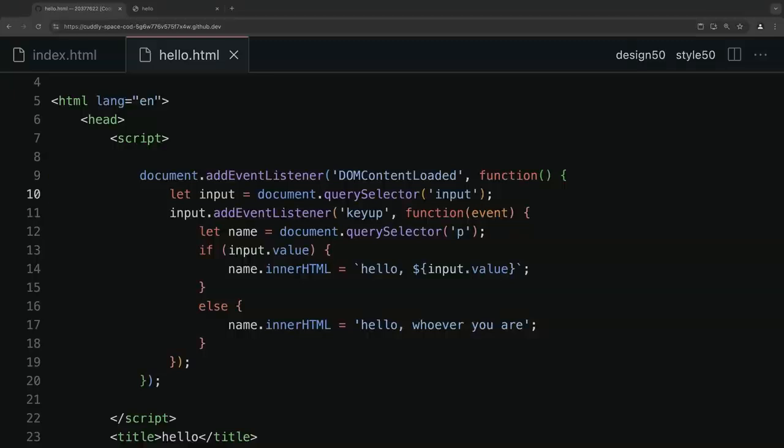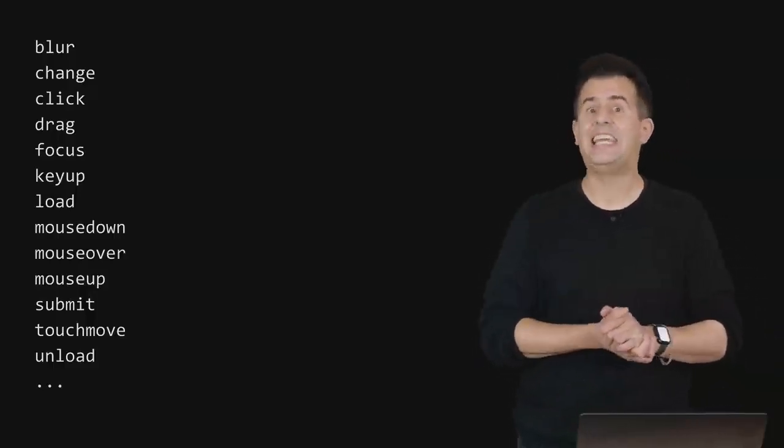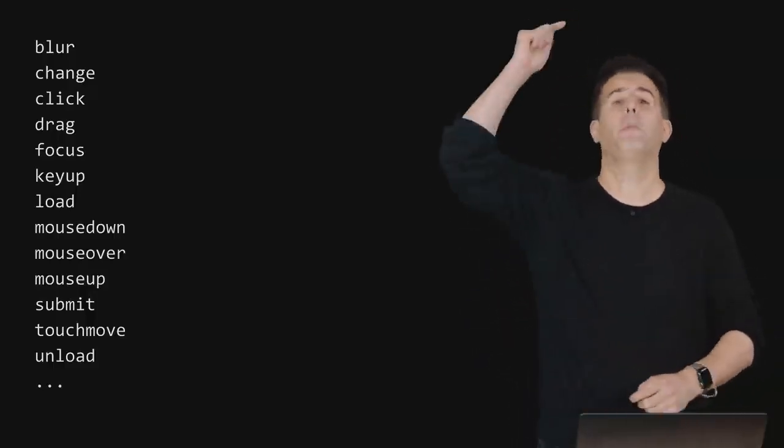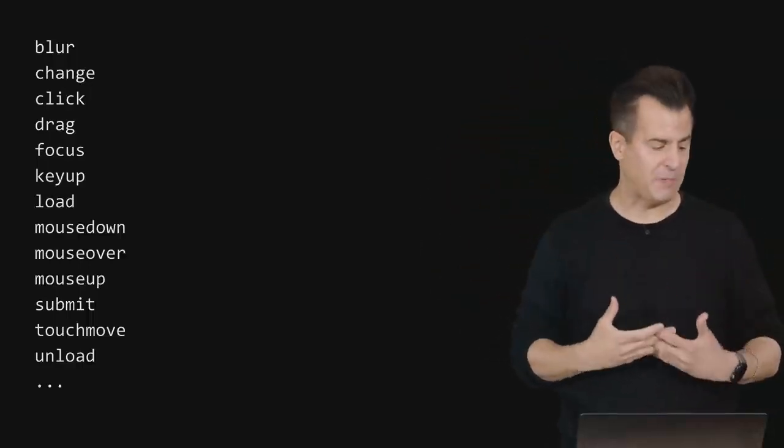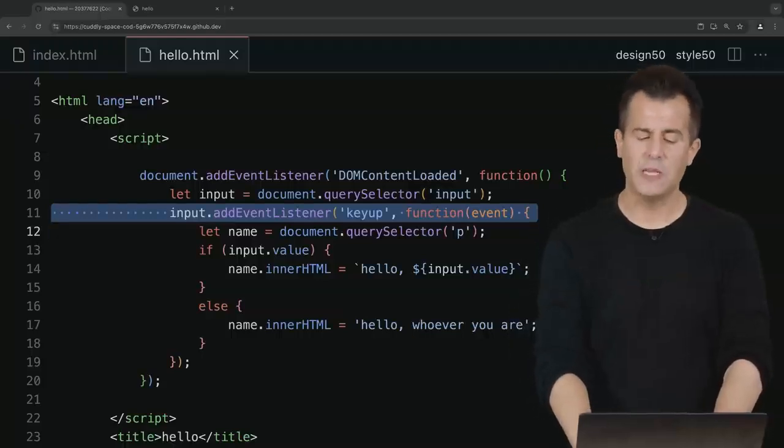I am defining a variable, in this case called input, because I wanted to find a text box on the page. And I'm using another event listener. And we've seen on this list, not just submit, but for instance, keyup, when the human's finger comes up from the keyboard just after having typed something. Let's see for the moment, before we dive in further to how this event is being used, what this page